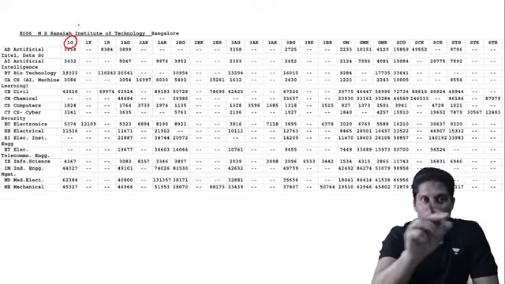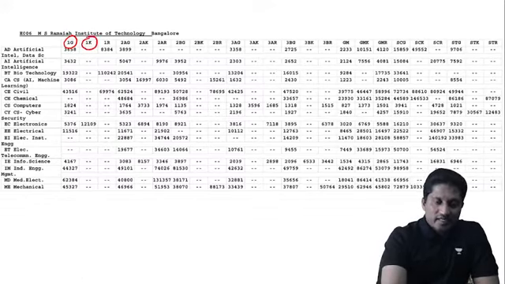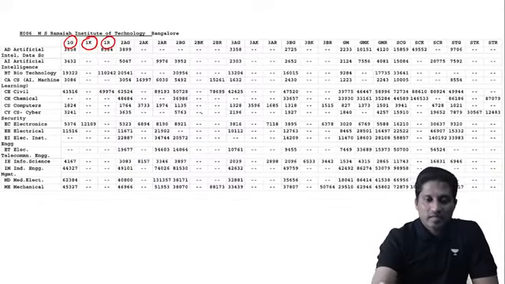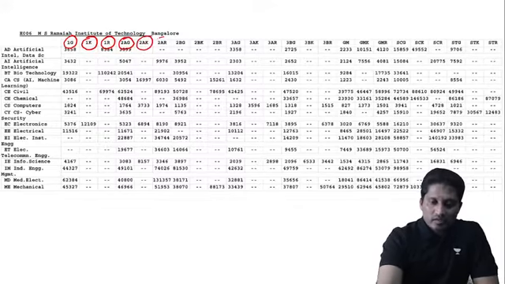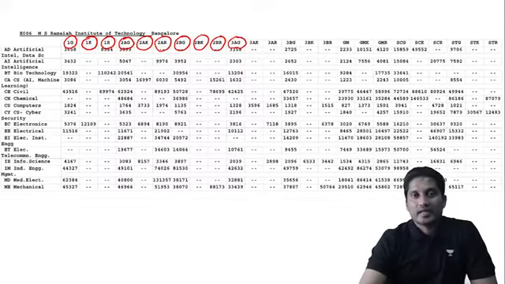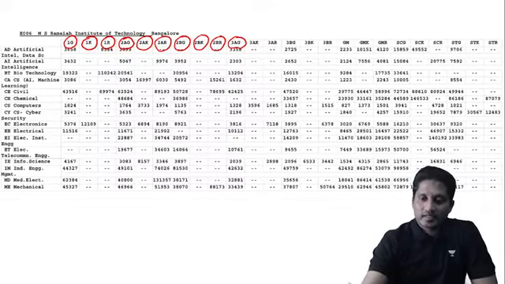I'm just explaining the top thing. 1K stands for category 1 Kannada, and then 1R stands for category 1 rural. Similarly, this is 2A general, 2A Kannada, 2A rural, then 2B general, 2B Kannada, 2B rural. Then category 3A general, 3A Kannada, 3A rural, 3B general, 3B Kannada, 3B rural, then comes